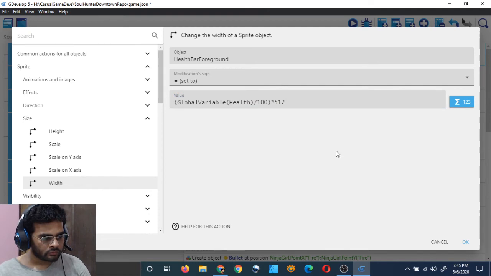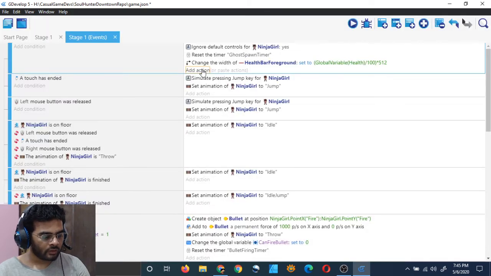That should do, because earlier I was just telling the scale, and scale means both scale on y-axis and x-axis. Right now I'm just doing the width. So let's see if it works.